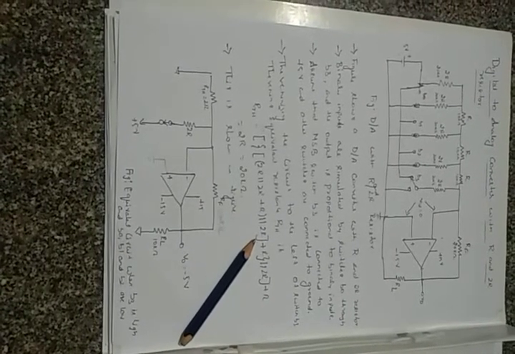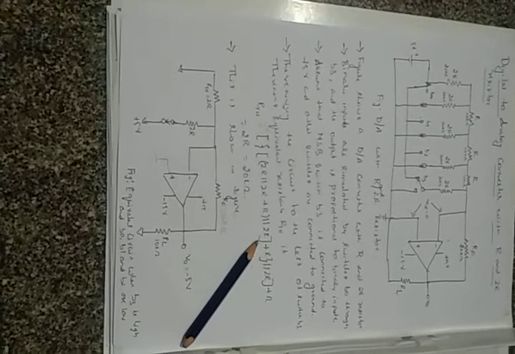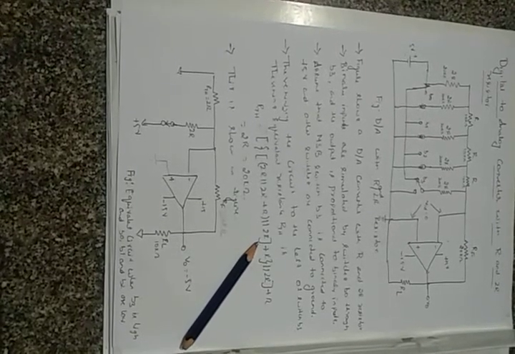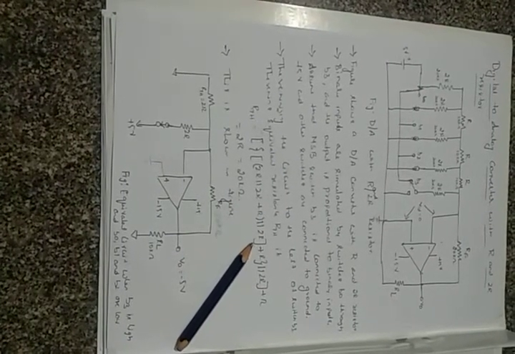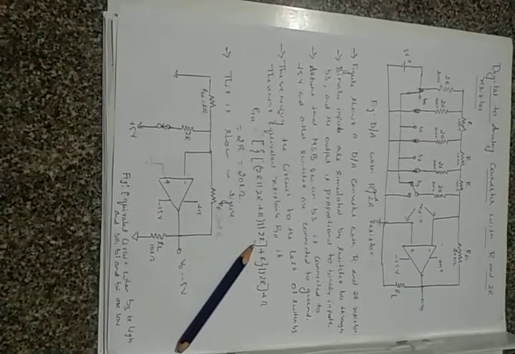Everyone. So in the previous video we discussed the digital to analog converter using binary weighted resistors. So in this video we'll see the digital to analog converter with R to 2R resistors, which is a combination of R and 2R resistors connected in parallel. In the binary weighted resistor DAC the binary inputs are converted into an analog signal. Here also the digital inputs are converted into an analog signal, but using the R to 2R combination of resistors.